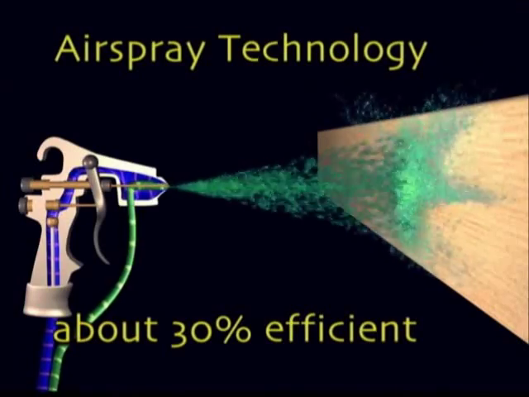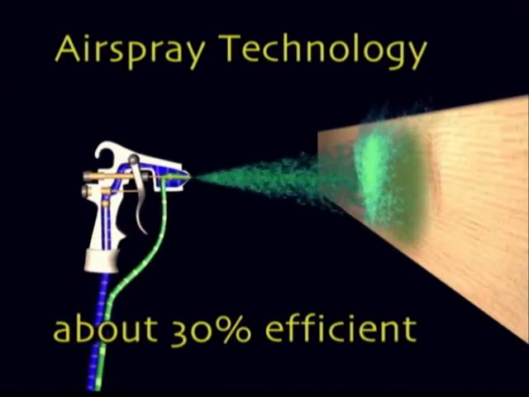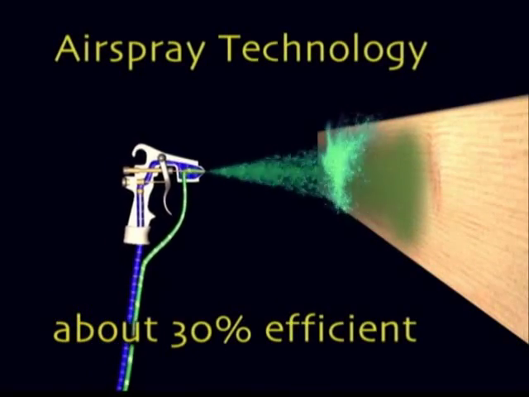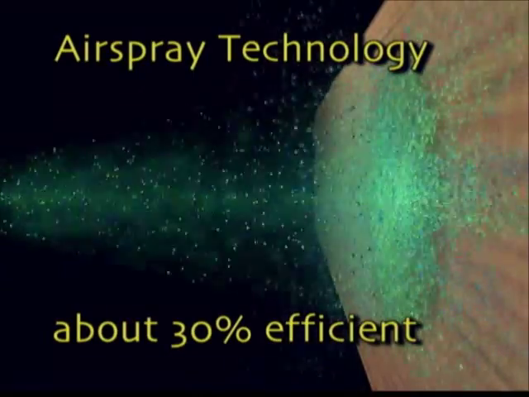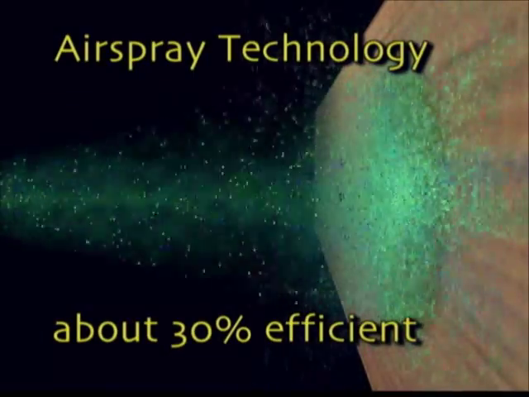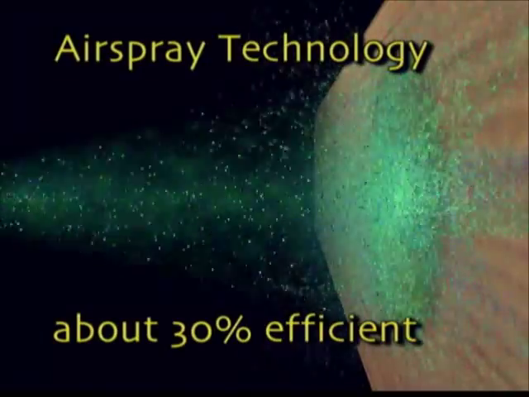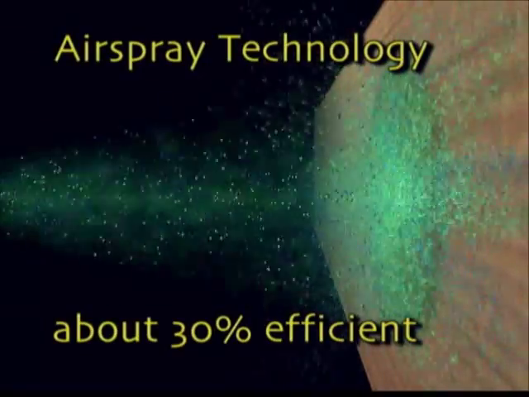Simply put, transfer efficiency is the percentage of solids leaving the gun that actually end up on the part. In general, an air spray or conventional gun is only about 30% efficient. This means out of a gallon of coating, only about 1/3 of a gallon actually ends up on the part being sprayed. The other 2/3 of a gallon end up on the walls, the floor, or in the spray booth